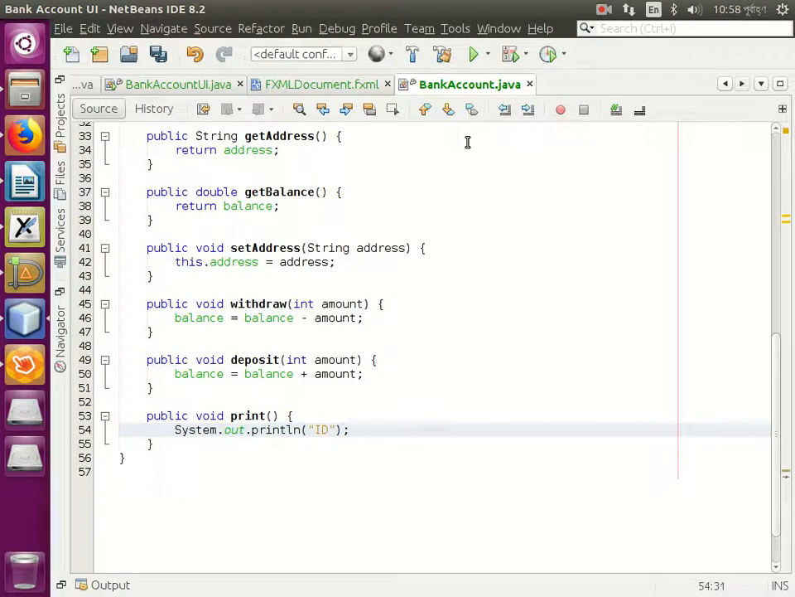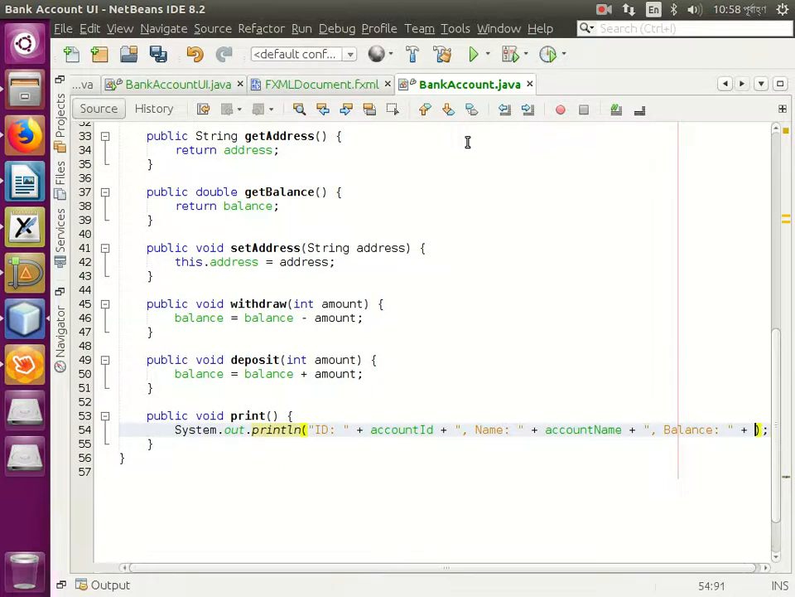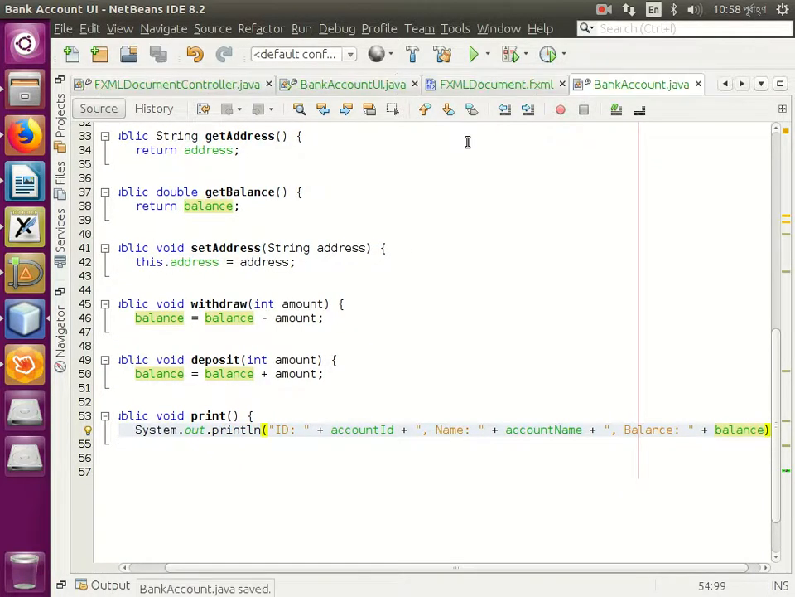So let's say we print the ID of the account, which is account ID. We put the name over here, account name, and finally let us print the balance, which is the balance, okay? So this is one way to use this print thing, and